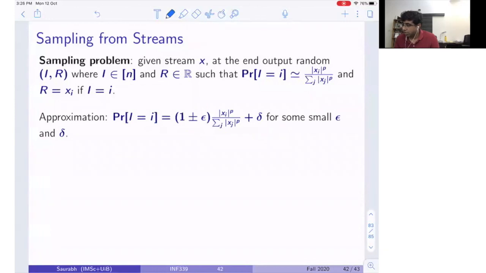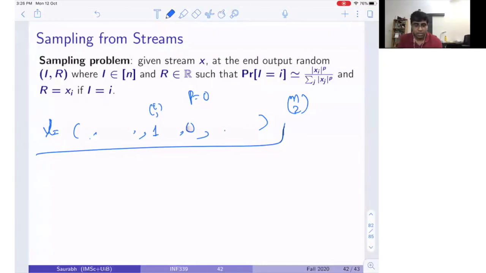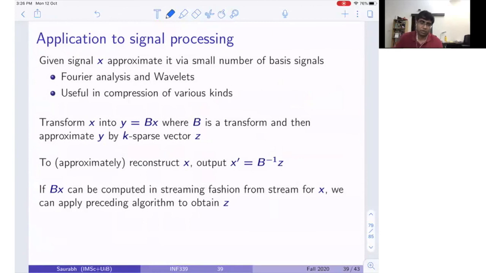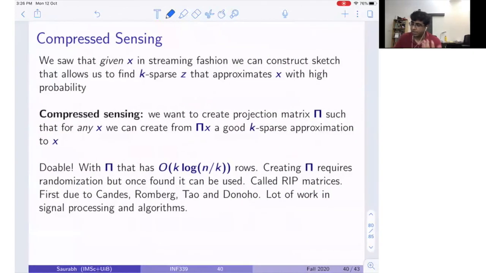Okay, so this is what we will see next time. I will give you a little bit more intuition, or the ideas, for why the sparse recovery algorithm works, the correctness. I would recommend that you look at the slides for the formal proof because it is just messy and it is basically doing what I already did. And then we will see its application in signal processing, at least a little bit of what I know, and compressed sensing.